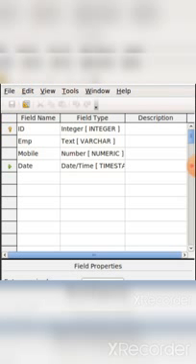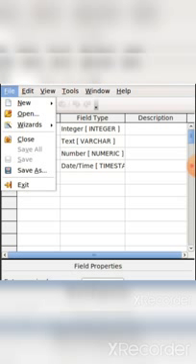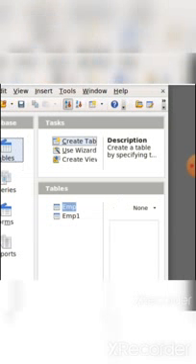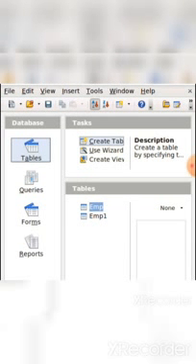Then you will go to file and close it. After clicking on close, you will revert back to the original window where you created the database, and if your table is successfully created, it will be highlighted under the table header. I have already created EMP, so there are two tables. We have created EMP1, so we'll double click that.